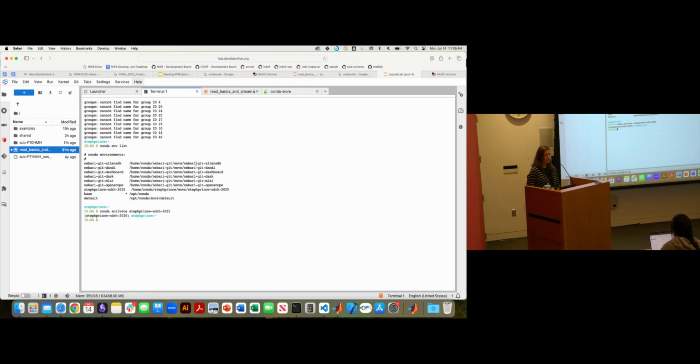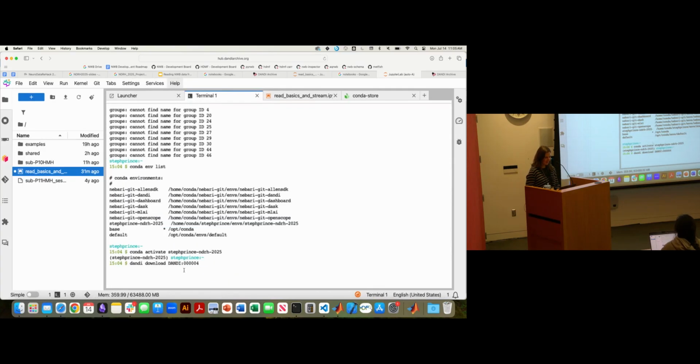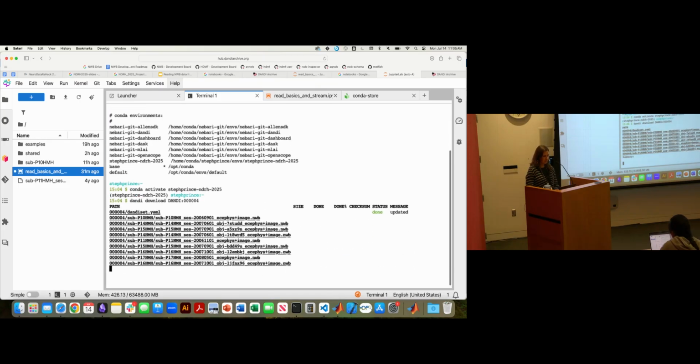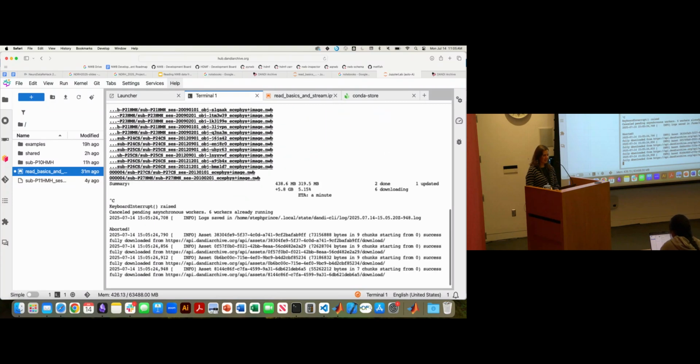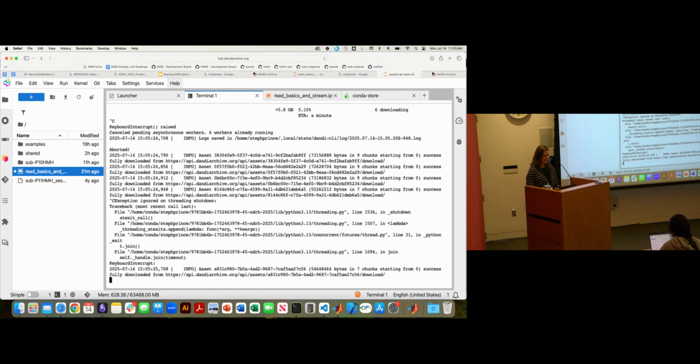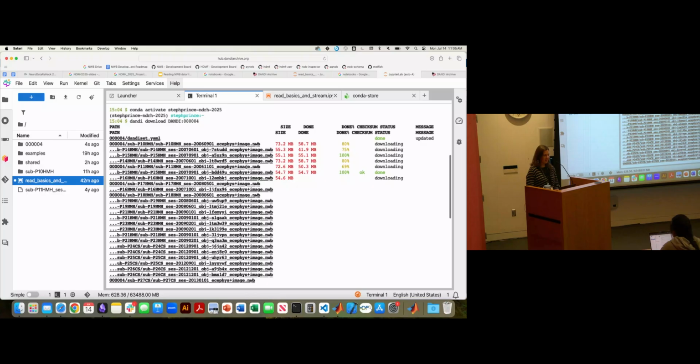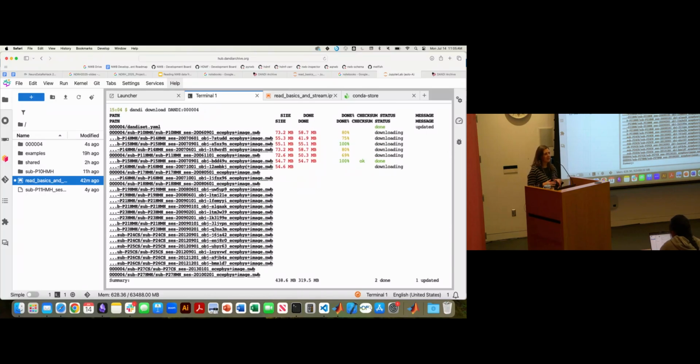If you have a terminal and you're in your environment, you can do dandi download and then DANDI, let me make this bigger, with the name, colon, and then the number of the DANDI set that you're interested in downloading. And so if I click run, what you'll see is I'll start to get a bunch of files being downloaded because it's trying to download the entire DANDI set. So I just aborted that temporarily,